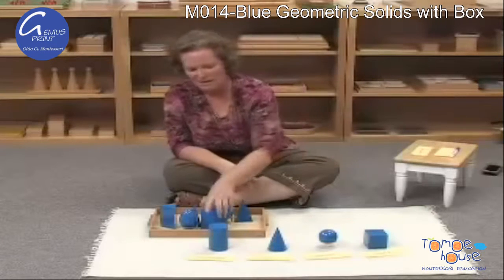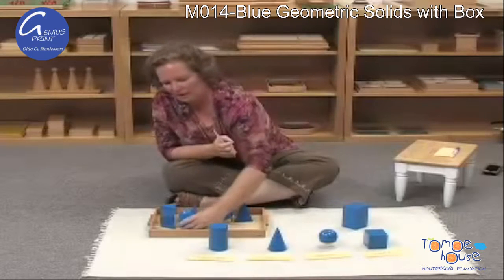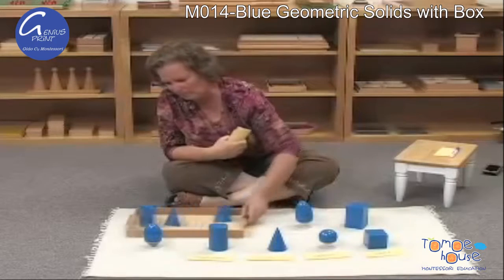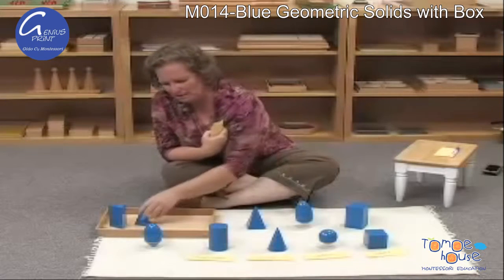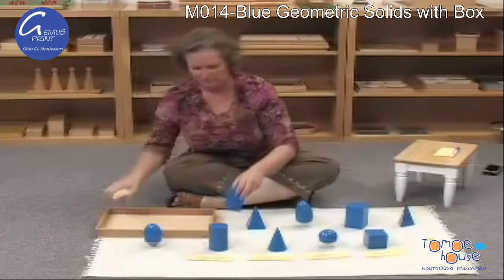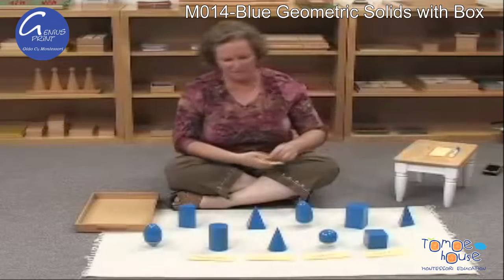And then at the very end, when the children get really good at all of this, we're going to add all the shapes so that they are able to name all the shapes. Okay. So the name of this shape